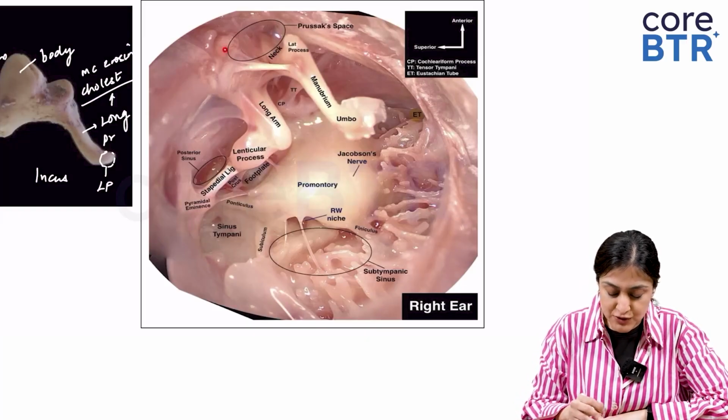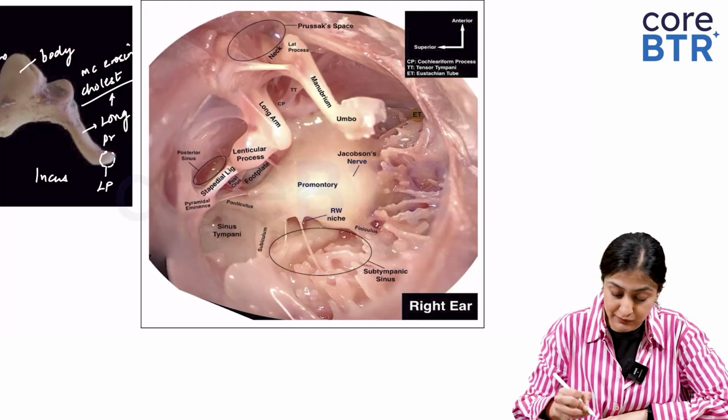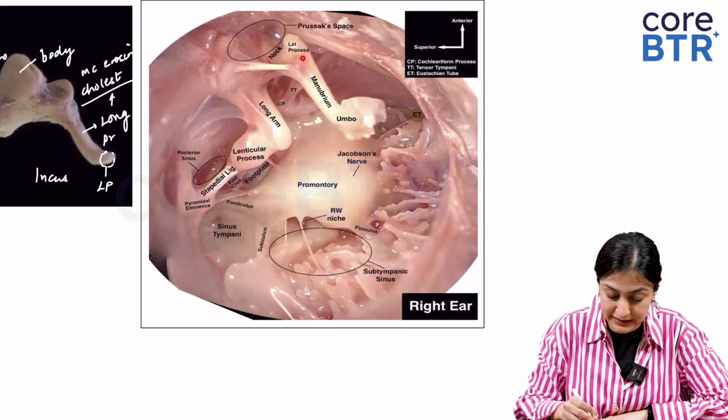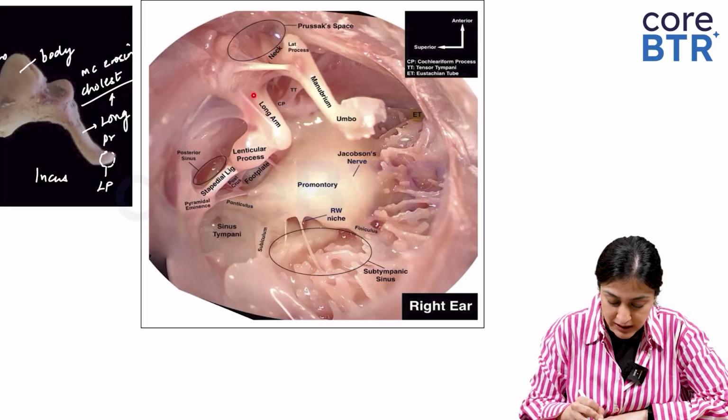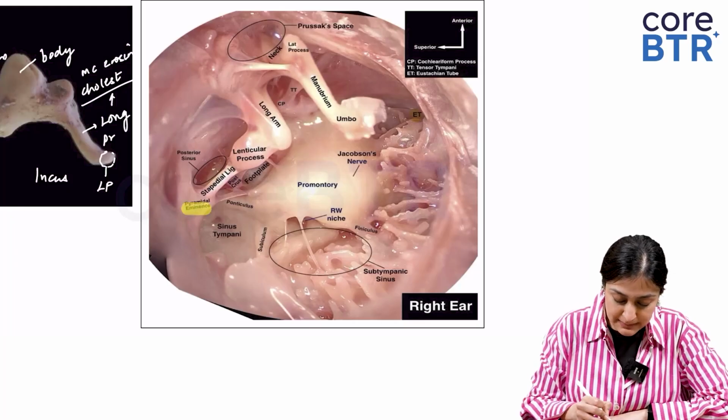This is the superior part. Do you remember the epitympanum? This is the Prussak's space. Okay, then what can I see? I can see the manubrium and the umbo, where it attaches to the tympanic membrane. The lateral process, the long arm and the lenticular process of the incus. So this is the long process of the incus, and this is the stapes, which is attaching at the stapedius,